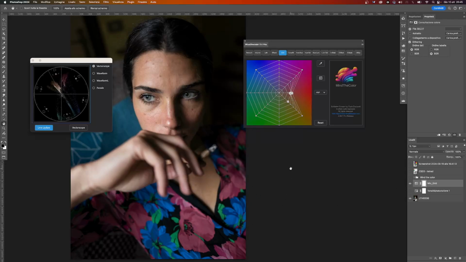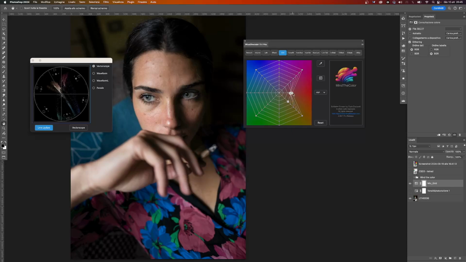I can tell you that you never ever saw stuff like this in Photoshop before, because if I want to do the same thing in Photoshop, I should use a luminosity mask or a channel mask or a saturation mask. But now I'm not masking anything. I'm just moving some points in a wheel.